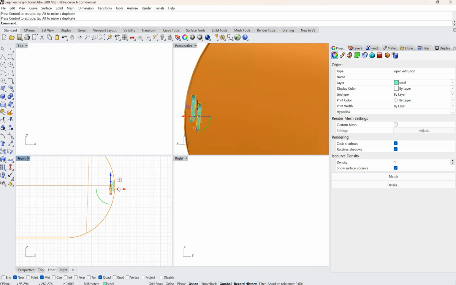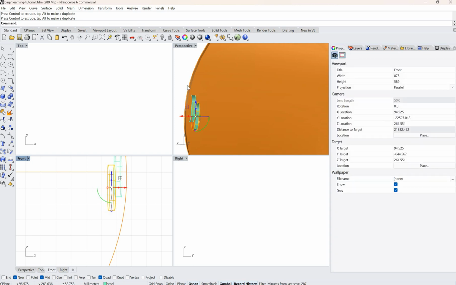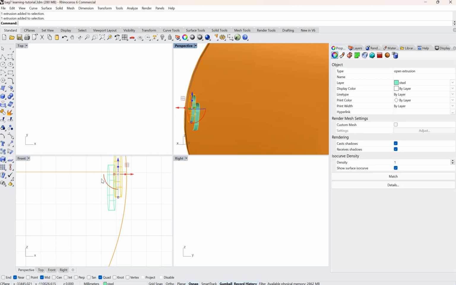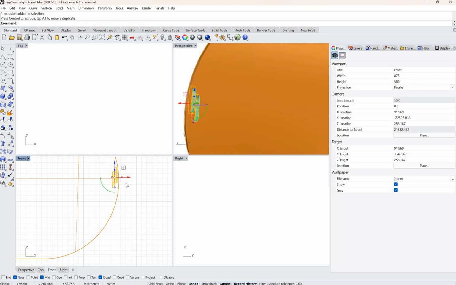So I'll just select this, and now I can select both of these, and I need to make sure that this line goes here,